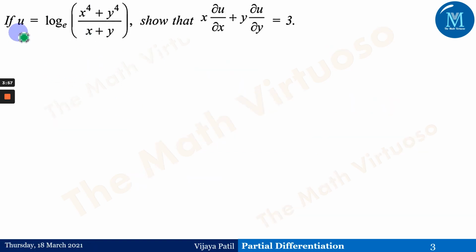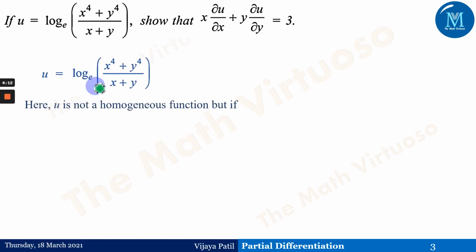Similarly, now we will go with a similar kind of question. If u is equal to log of (x to the power 4 plus y to the power 4) upon (x plus y) to the base e, then show that x dou u upon dou x plus y dou u upon dou y is equal to 3. Again, u is equal to log of x to the power 4 plus y to the power 4 upon x plus y. Again, if you observe here,